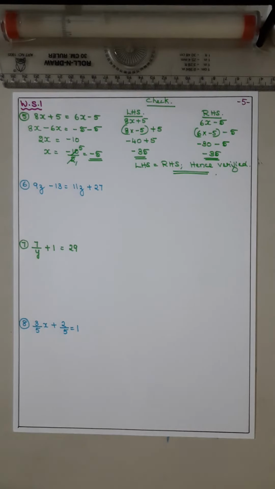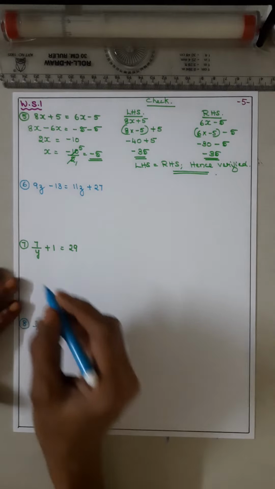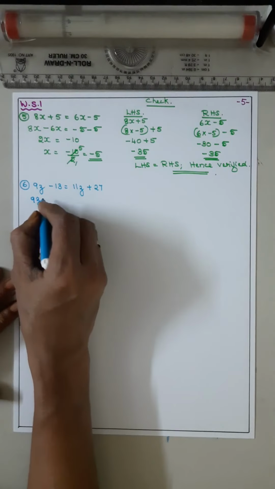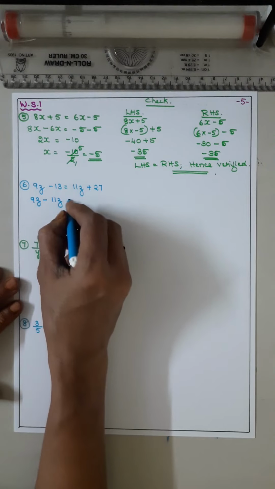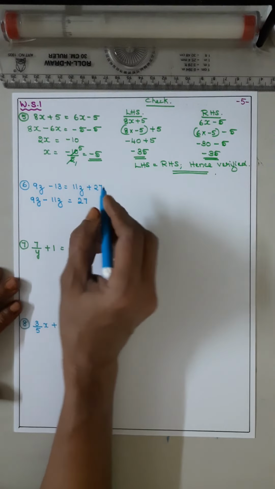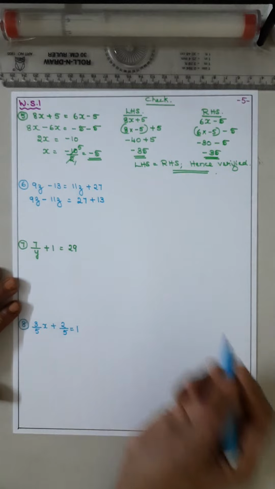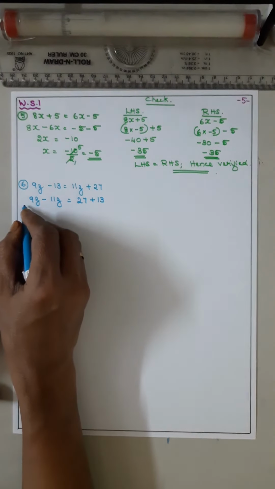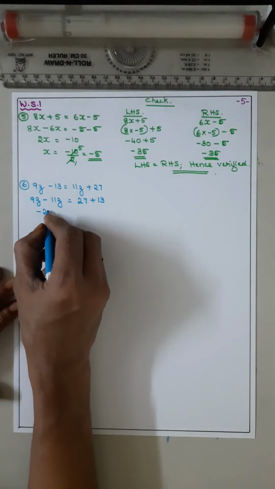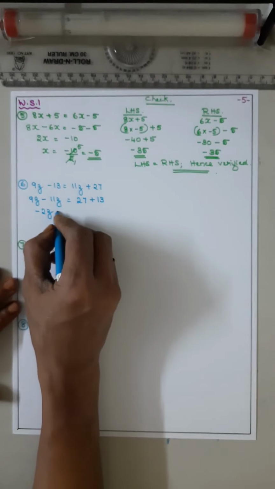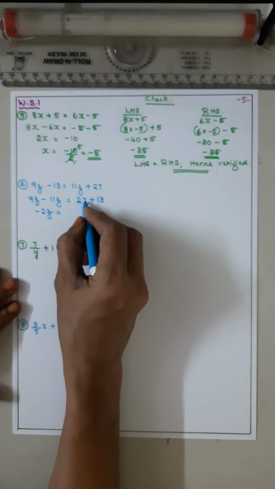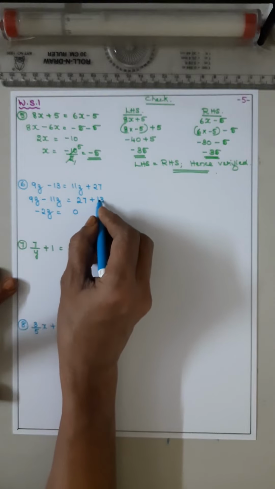Now coming to the sixth sum. It is 9z minus 13 is equal to 11z plus 27. Okay, z, take it to the left side. So 9z minus 11z is equal to 27. Minus 13 will become plus 13. Now 9 minus 11 will be minus 2z is equal to, add 7 plus 3, 10, 1 plus 1, 2,